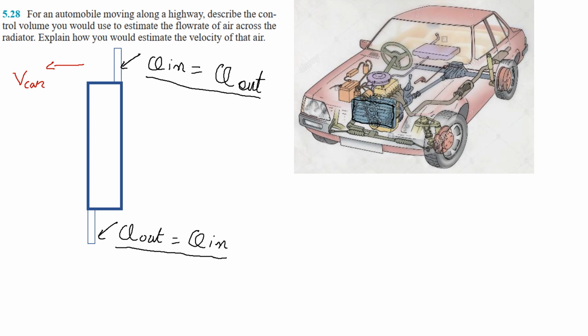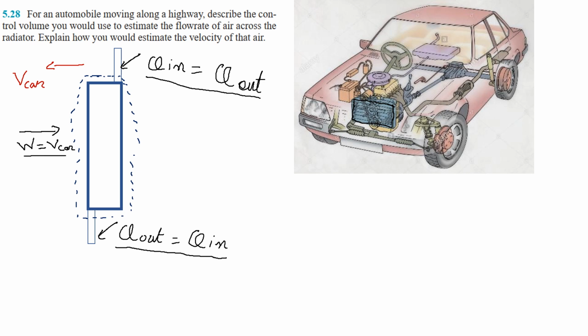The car is moving, let's suppose, in this direction. So this will be the velocity of my car. My control volume is fixed inside this car, and this is my control volume now. If I ignore the inlets and outlets for the coolant, this rectangular block is my control volume. What I will concern myself with is the air that is going in, the velocity of the air, which I would like to write as W. So this velocity of air will be the same as the velocity of the car. That is my second estimation